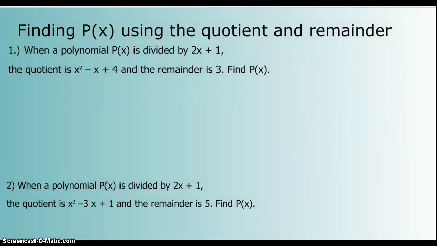The last thing we're going to do in this video is look how to put this stuff back together. So if I've divided by some kind of binomial, I end up with a certain polynomial, and it'll usually have a remainder. How do I put it back together? Well, the opposite of division is multiplication, right? So I'm going to show you 2 different ways to set these up, and you can pick the way that you like better. First,